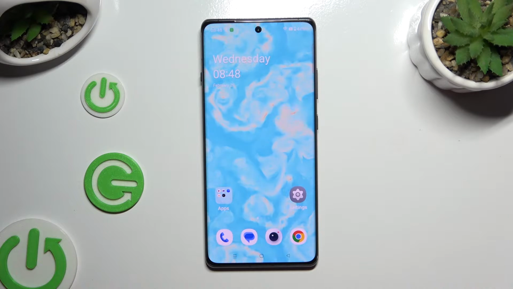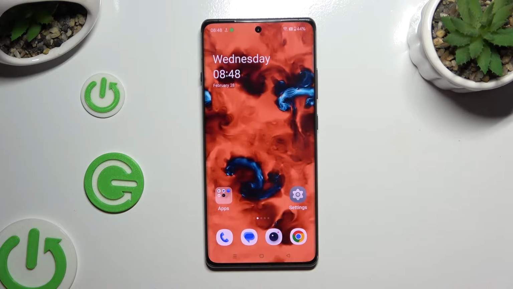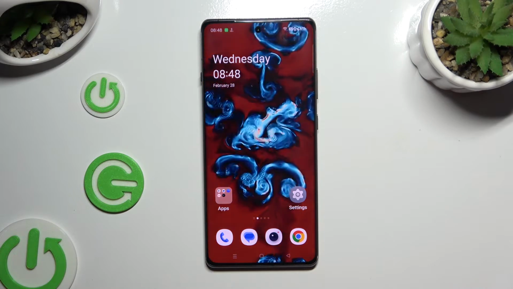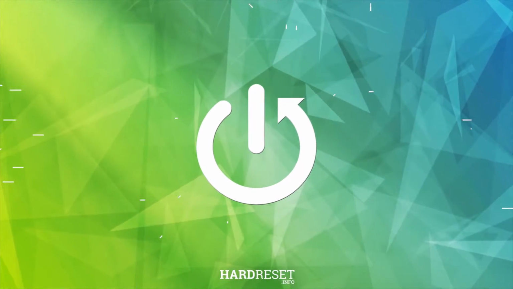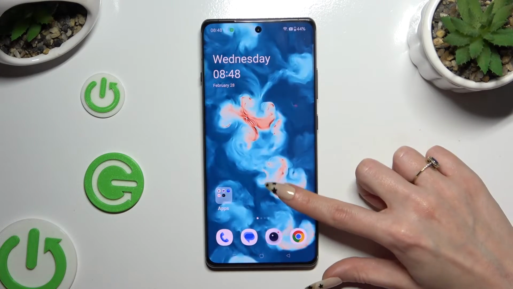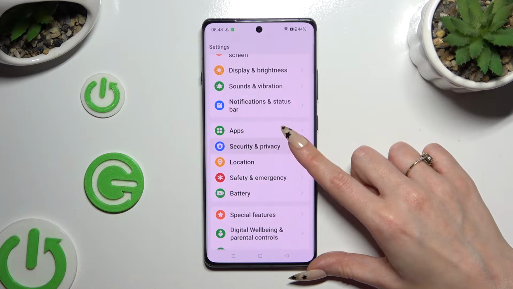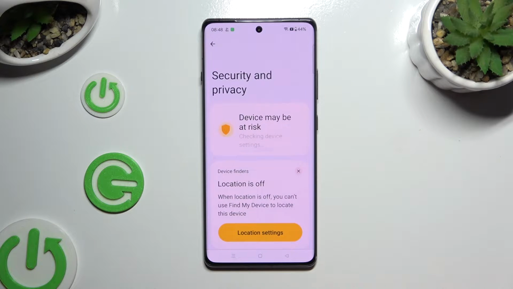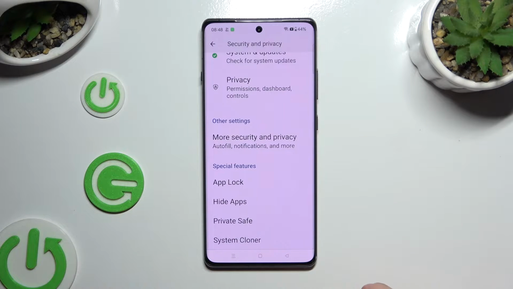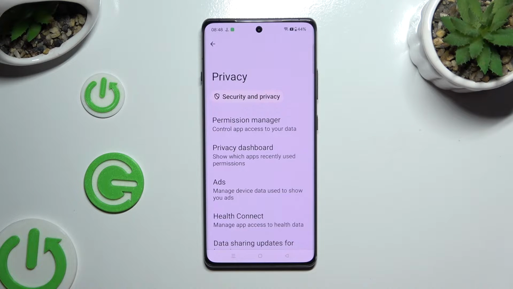In front of me is OnePlus 12R, and today I would like to show you how you can manage app permissions. Firstly, open Settings and scroll down to access Security and Privacy. Then scroll all the way down and hit Privacy section. Now you can select Permission Manager